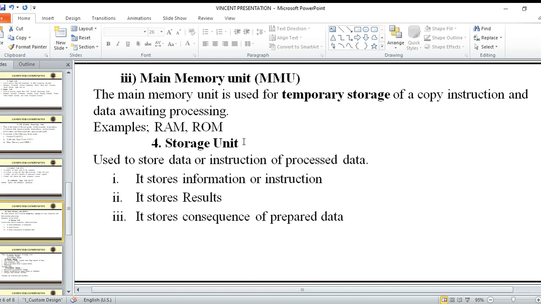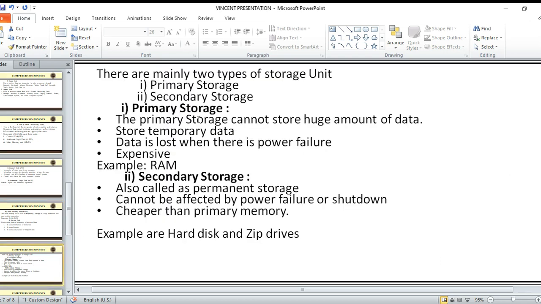Then the last part of this unit is the storage unit. We have talked about temporary storage. Now for the storage unit, this is a unit that is meant to store data permanently. Then it is subdivided into two. We have primary storage and secondary storage. Primary storage